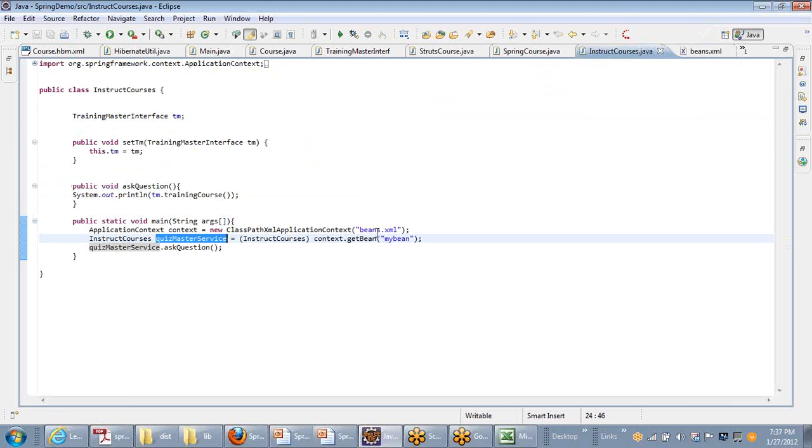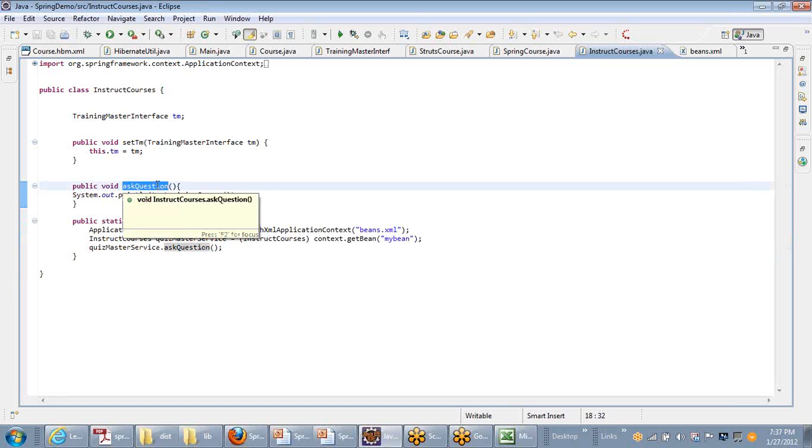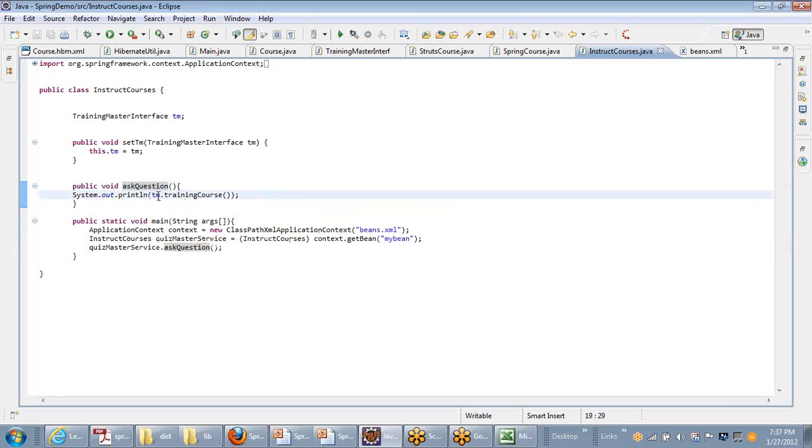Now when I get that bean, and using the bean reference that I got from the configuration file, I'm calling the ask question method. Now this ask question method is within this file. What this is doing is, based on the value that is injected into this class, the reference is an interface, but the implementation is a class.